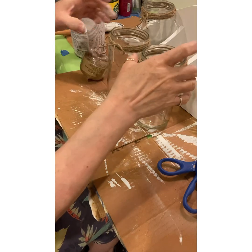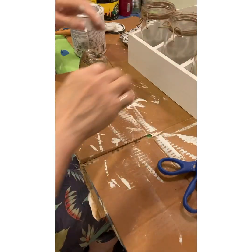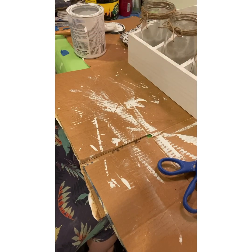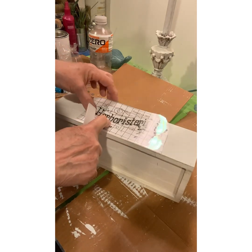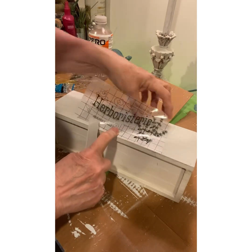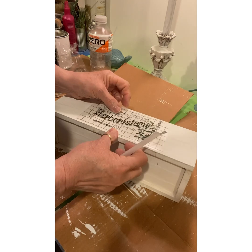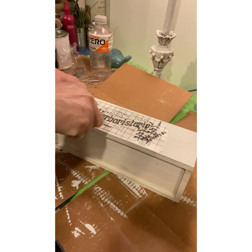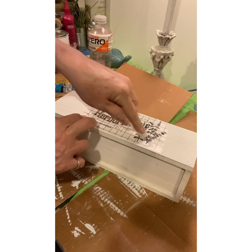I set it aside and I took 3 jars, and I'm sorry I'm out of the camera view here, but I took 3 jars and I tied some twine around the tops. And then when the paint dried, I took a transfer from IOD, and I believe that's the Brocante transfer set, and I put the transfer on